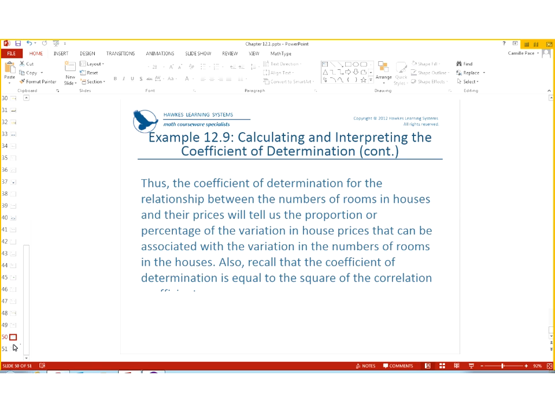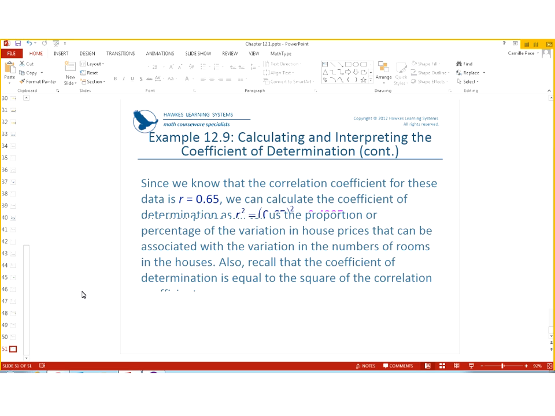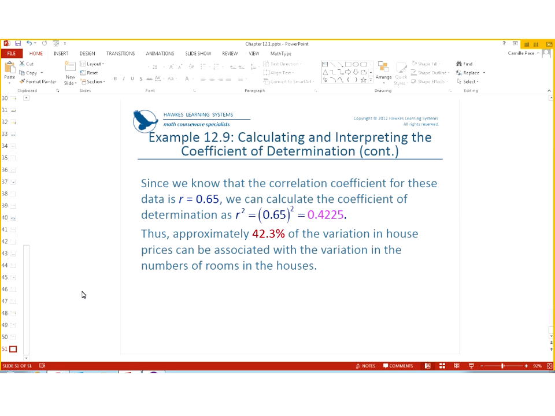So if you have an r which is 0.65, what you're going to do is go ahead and square it, and then you get 0.4225. So what you can say from then is 42.3% of the variation in house prices can be associated with the variation in number of rooms in the houses. It's that easy. And the great thing is, in your calculator,